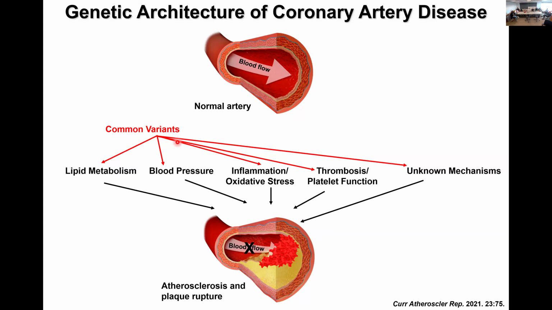So that's with common variants. People said, well, we can't really explain all of heart disease by doing these GWAS, so let's just start sequencing people and look for rare variants. So people have also done that, not on the scale of the common variant analyses, but the rare variants,